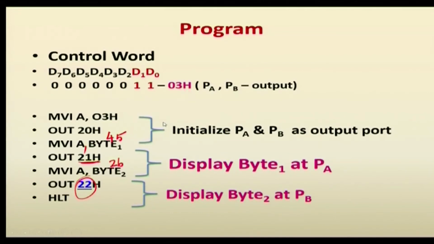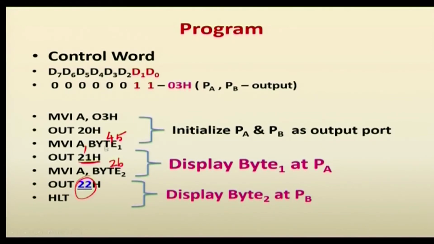To start the program in the interfacing, first we have to calculate the port address, how we are interfacing the address lines with the processor. Then we have to initialize the control word based on our requirements, which port is initialized as input and output. These two are very important. Then we can write the normal 8085 coding. So, here first we are initializing the control word which is 03. 03 is the control word for port A and port B. Then we have to use OUT 20 which represents the port address of the control register. Suppose if instead of 20 you are using another number, it is not working.